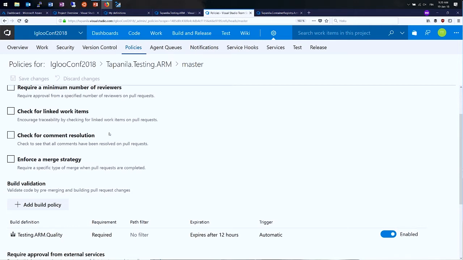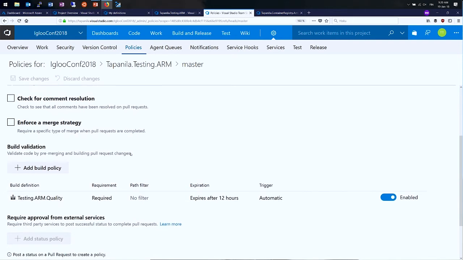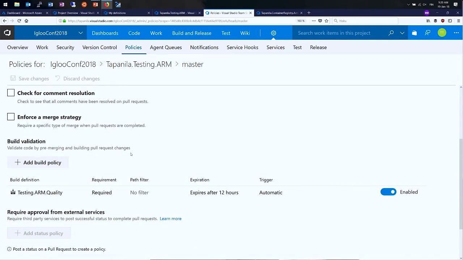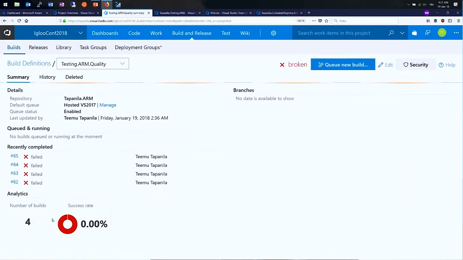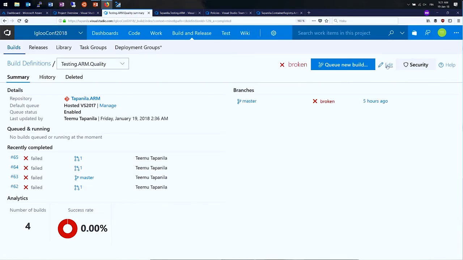So now you see somebody has made a change, and I go and approve it. Another interesting thing is that you can set up a build here. What I'm saying is that every time you want to merge something to master, it needs to pass my build. My build name here is testing.arm.quality. All of my builds that have the word quality are meant to be run for pull requests. What it does is very interesting. So if we go and open my build for quality,